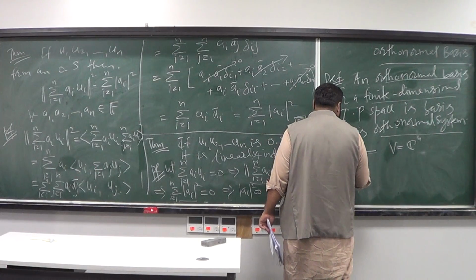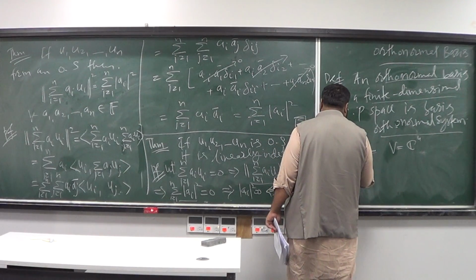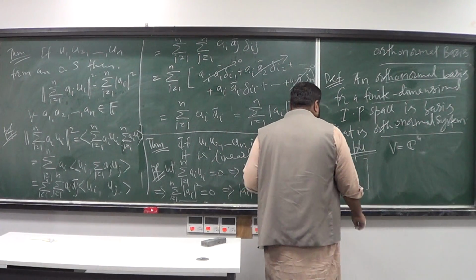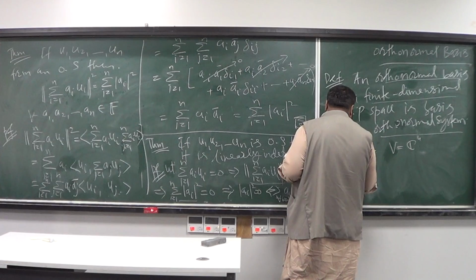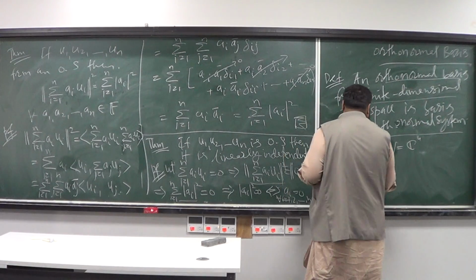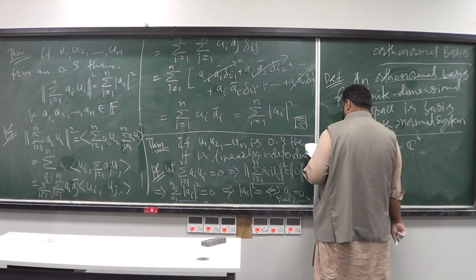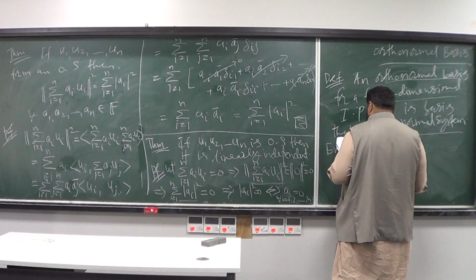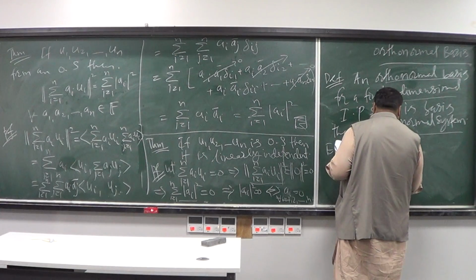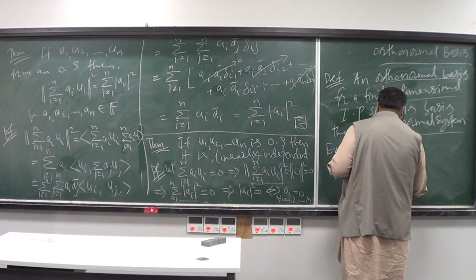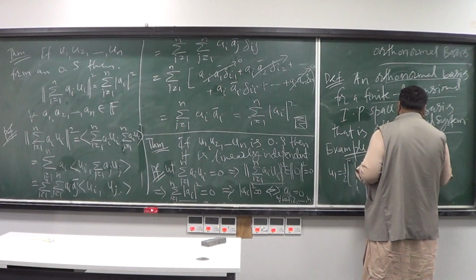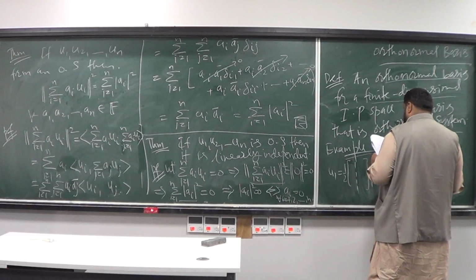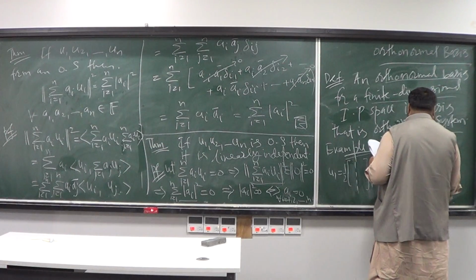U1 is, let me write that vector as a column, 1/2 times (1, 1, 1, 1). Let's write U2 as 1/2 times (1, iota, -1, negative iota), and take U3 as 1/2 times (1, -1, 1, -1),